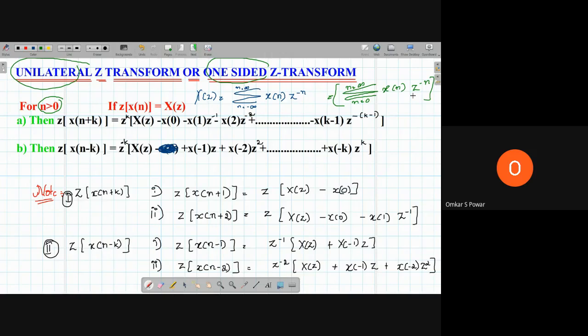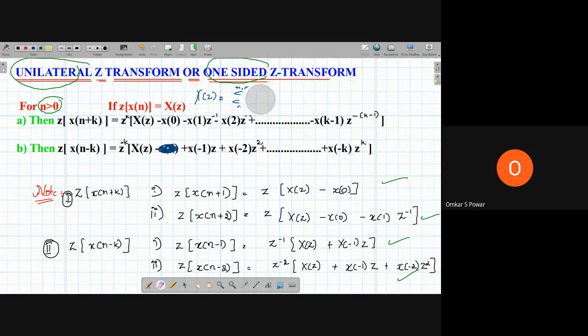So now two important formulas or two important things you have to keep in mind for solving this one. The funda is simple. You have to solve a difference equation, so you use this unilateral Z transform. And what you have to keep in mind are these formulas. If you keep them in mind, you can solve the entire unilateral Z transform easily. So let us understand this one. Before that, I'll erase this one.